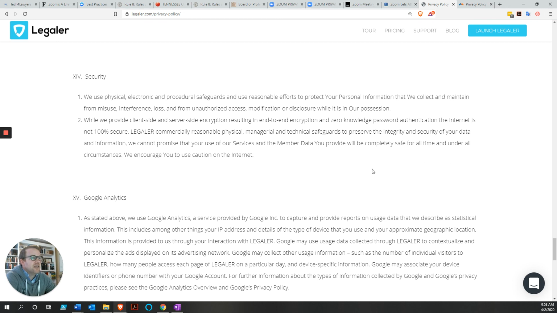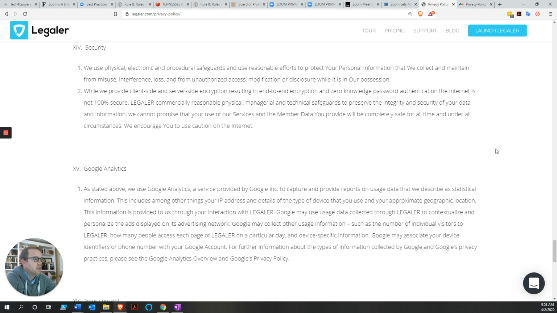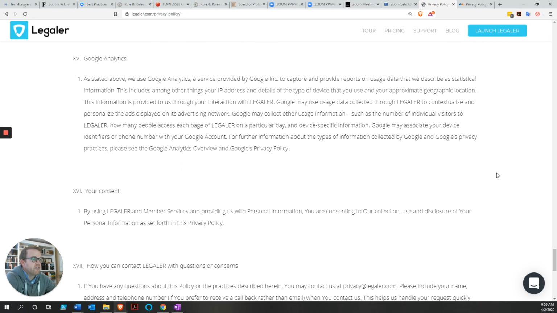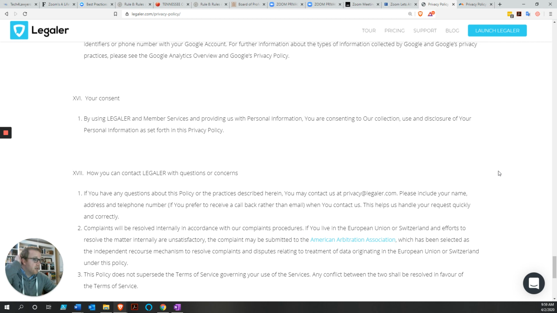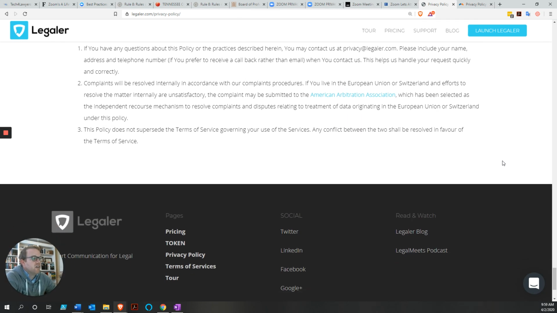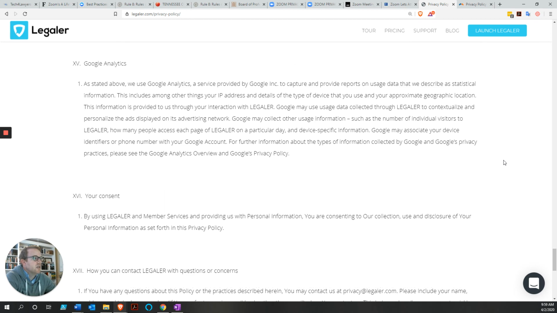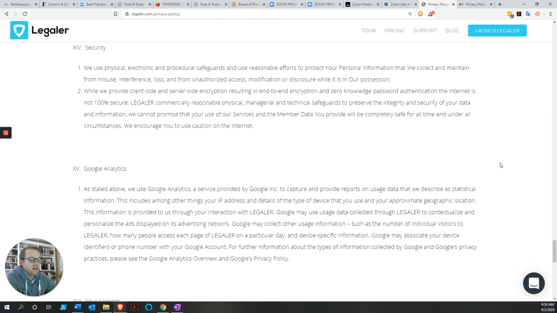They also go on to say, we can't say that this is 100% secure, and they say you need to protect yourself as well. But it's a different tone here, in trying to help us protect this. They get into how they use Google Analytics specifically, and we've already said how to get out of it. But they also have an easy way to opt out. You can send them an email, much like you can do with Zoom's privacy policy, but they tell you exactly how to opt out of these things.